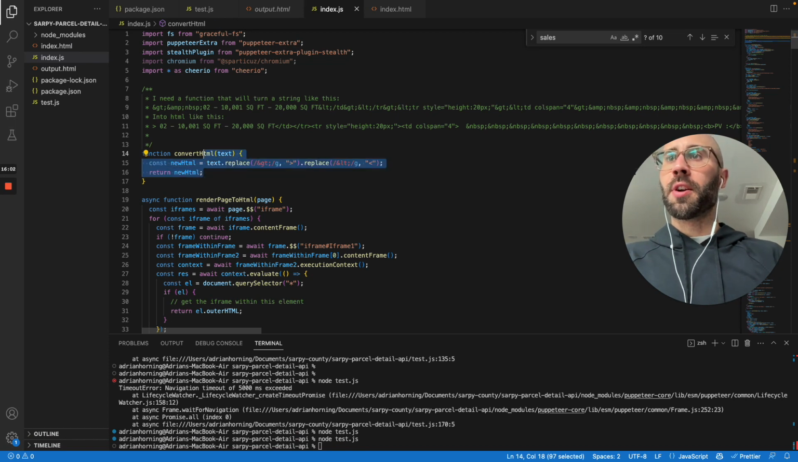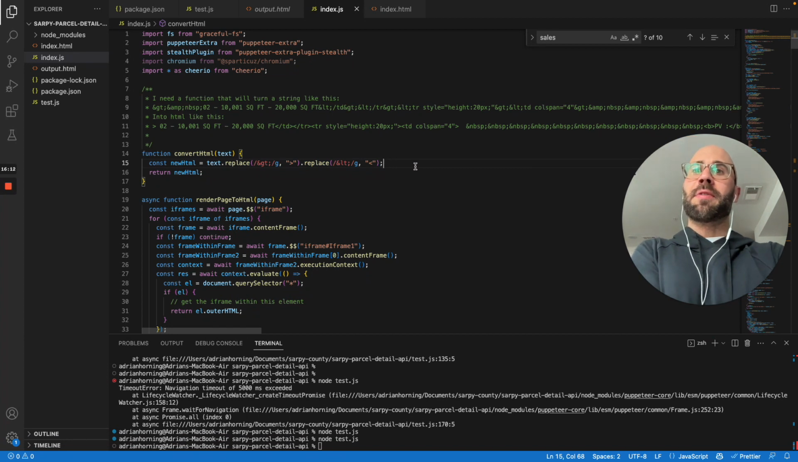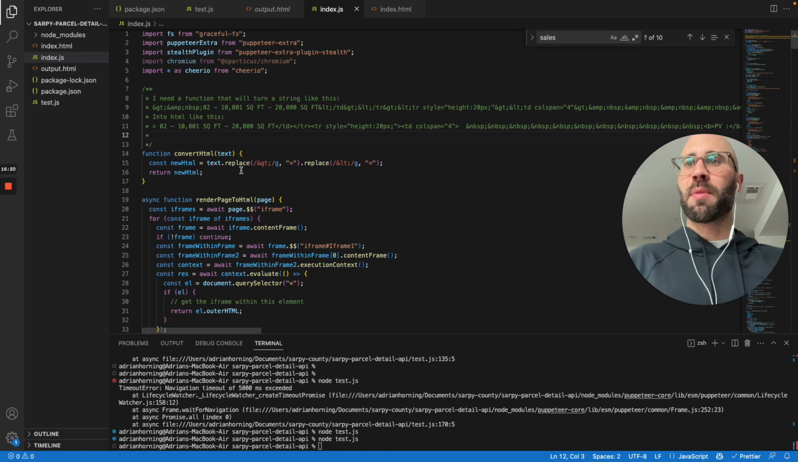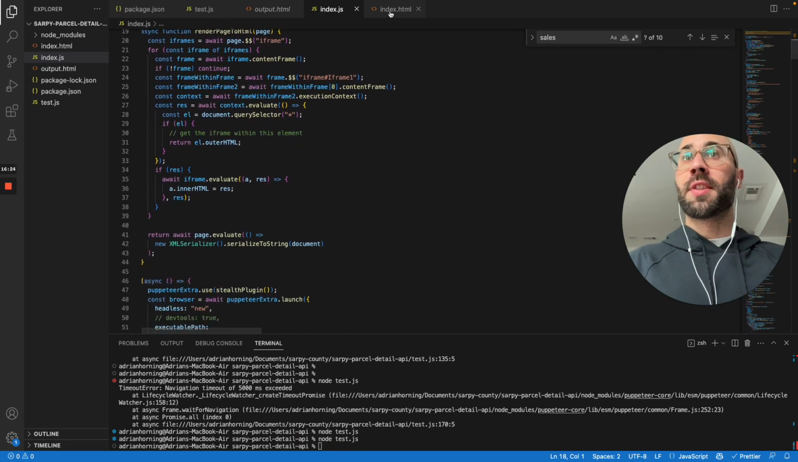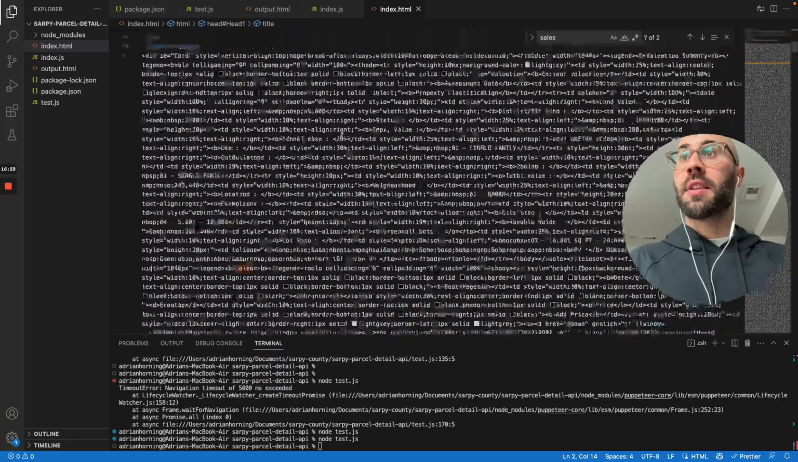So yeah, you're going to use this function, convert HTML, replace. So I guess all you need to do is just replace the left and right carets. That's it. So not too hard, actually. I actually didn't need this function. I don't know why I did that, but for some reason I couldn't get it to work before. But then when it's all said and done, then you'll get,